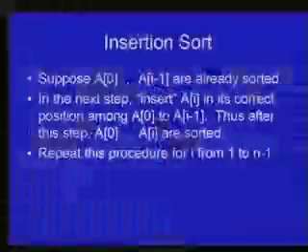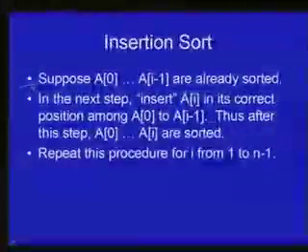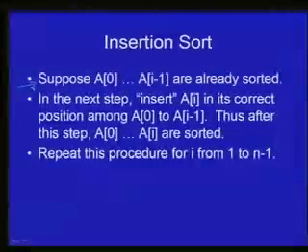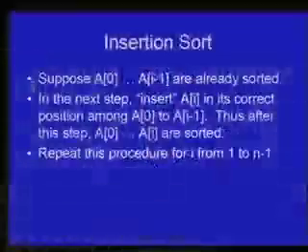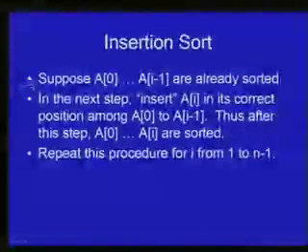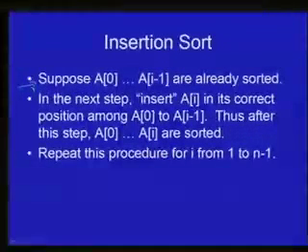So at any given step, let's assume that the elements A0 to A(i-1) are already sorted. And to begin with, of course, if we set i to 1, then A0, a single element, is always sorted. An array sequence of one element is obviously trivially sorted. So to begin with, this is true for i equal to 1. But at some intermediate step, let's assume that A0 to A(i-1) are correctly sorted, but the rest of the elements are not really in their correct places.